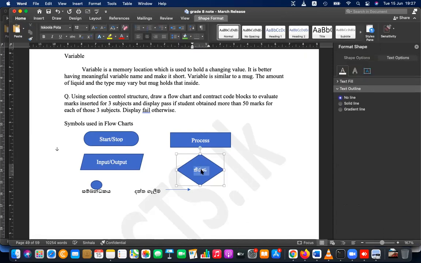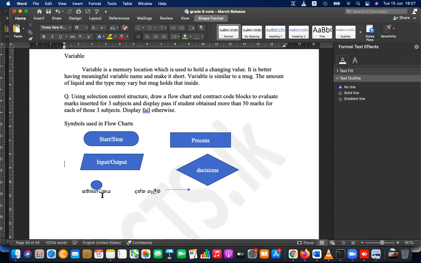Decisions are taken and displayed using a diamond. Circle is used as a connector, and then arrows show the data flow or flow of logic.